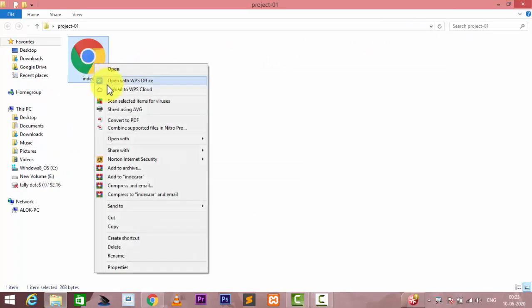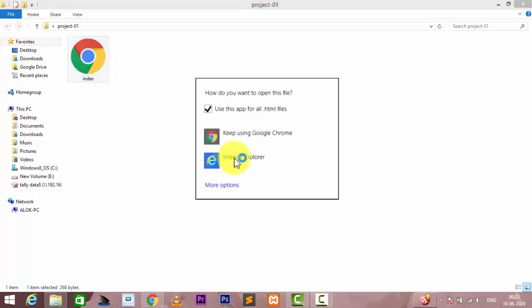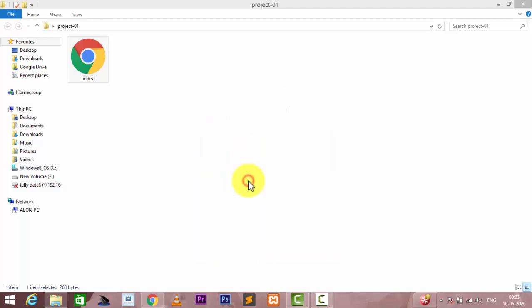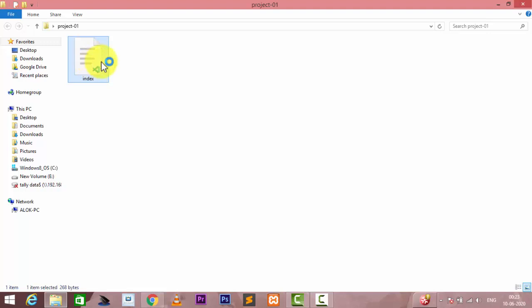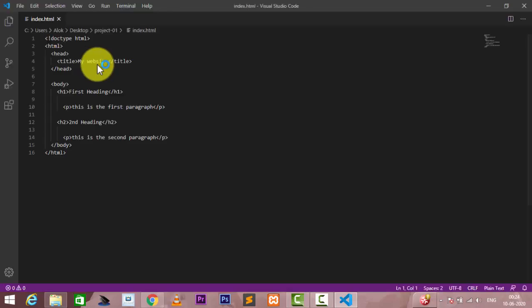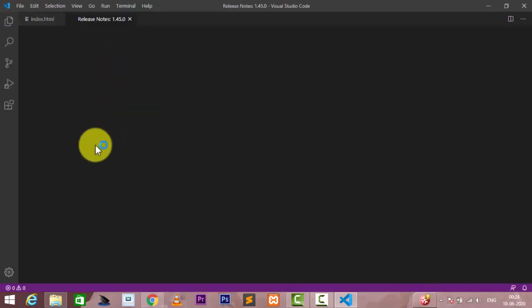If I open it using any code editing software, you can see that this is the simple code, a normal HTML form.